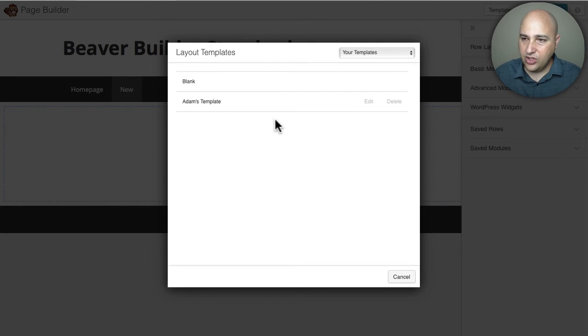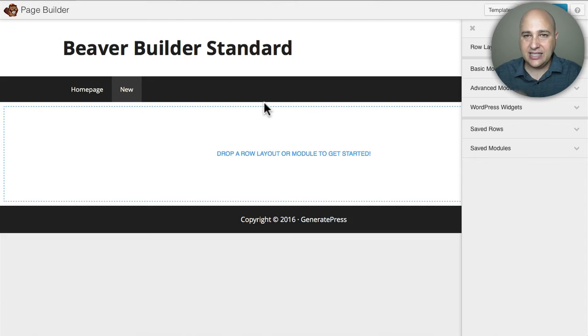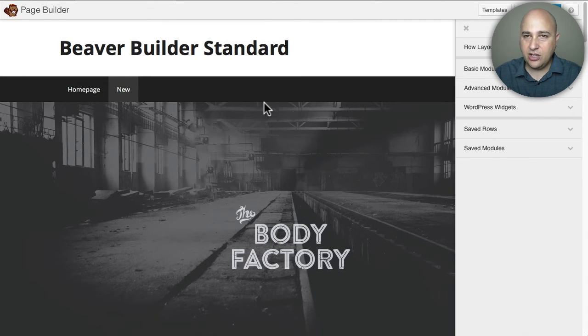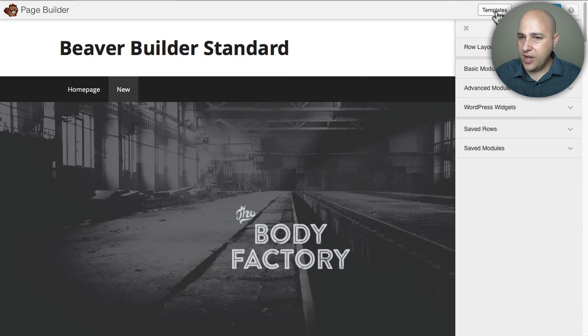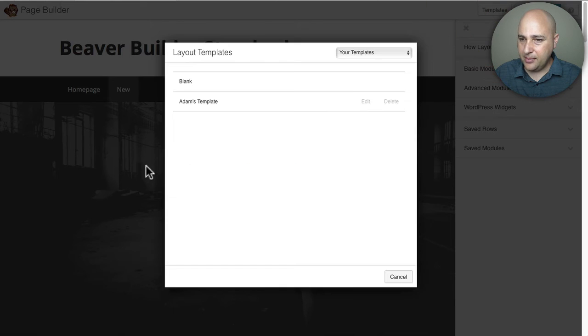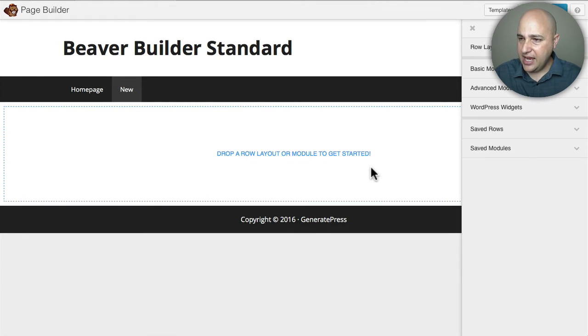So now if you notice what's different, we now have that template I created. It's right here. So right there you could choose the pre-provided landing pages, content pages, or now you have a section for your own templates. So I can go ahead and click on that, and it's going to take that entire page template and put it right in there. So that's how you're going to use your saved layouts. So now I'm just going to go ahead and clear out this template by clicking on templates and then applying the blank template, and this will remove the template and we can move forward.